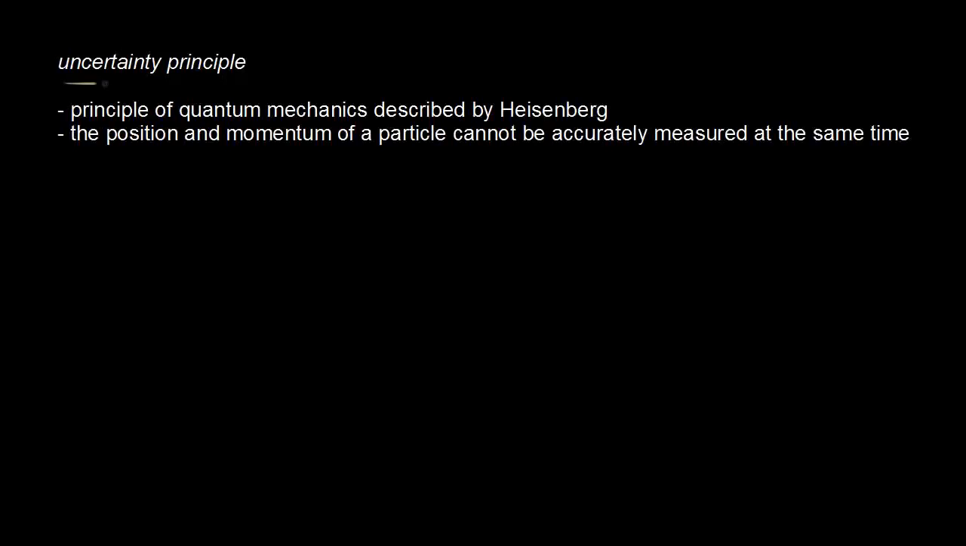The Heisenberg uncertainty principle is a principle of quantum mechanics. And so if we take a particle, let's say we have a particle here of mass m moving with velocity v, the momentum of that particle, the linear momentum, is equal to the mass times the velocity. And according to the uncertainty principle, you can't know the position and the momentum of that particle accurately at the